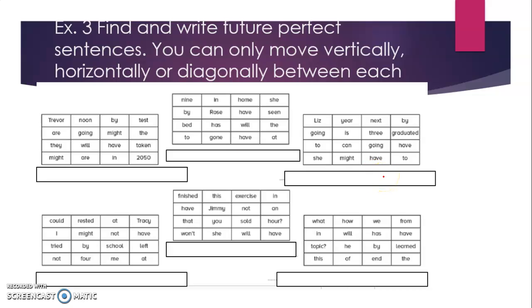In the next one, she is going to have graduated by next year. In the chart, I may not have left school by 4. The next one, will you have finished this exercise in an hour? And the last one, what will we have learned